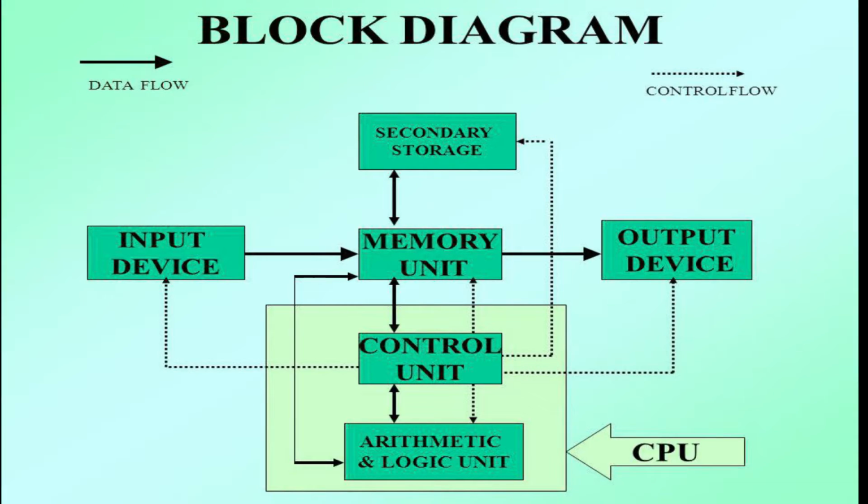So through the input device, the CPU accepts data or instructions. And in the memory unit, it stores the data and the intermediate results. And using the control unit, it processes the data as required by the user. Arithmetic and logical calculations are done here. And through the output devices or output units, it gives results as per the requirement of the user. So the CPU consists of three units: control unit, arithmetic logic unit and memory unit.